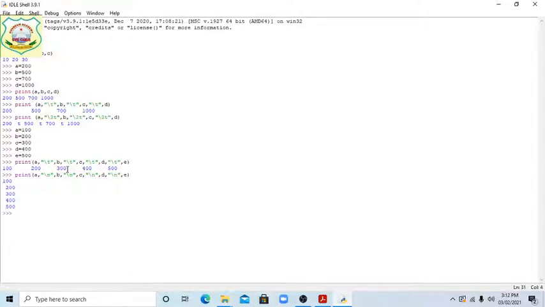Say students, see the values we have got now. When we gave /t, we got the values like this, with spaces in one line. But when we use print with /n in place of t, then a, then new line character, then b, again new line character, then c, then d, then e. So this way we have got the new line. Clear students?